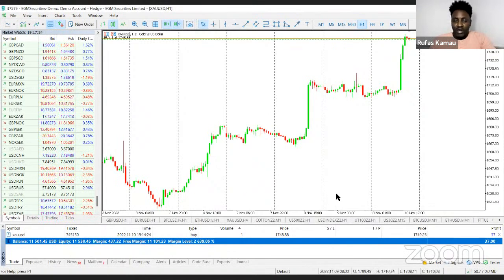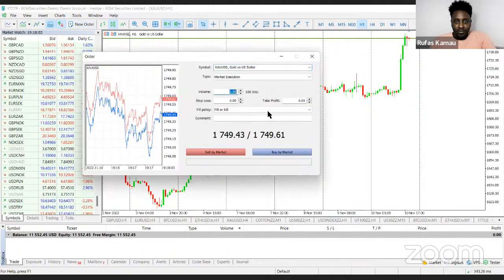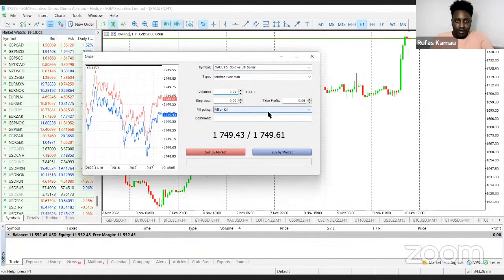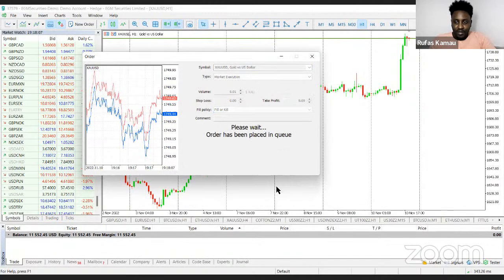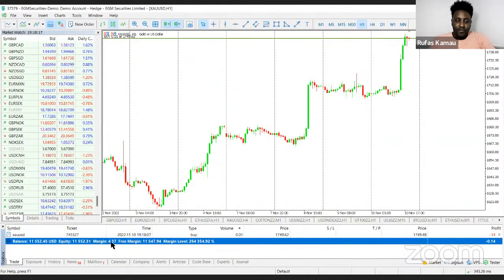So now let's look at a smaller position size. Closing a position is very simple. Just click the small X button and that's it. So new order, now we trade the minimum, which is 0.01. And then we execute another trade here. Now, as you can see, we're trading 0.01 of a contract. So 0.01 times 100 times this price divided by 400 will give you a margin requirement of $4.37. So this basically means that if your account has anything above $5, then you're able to participate in the gold